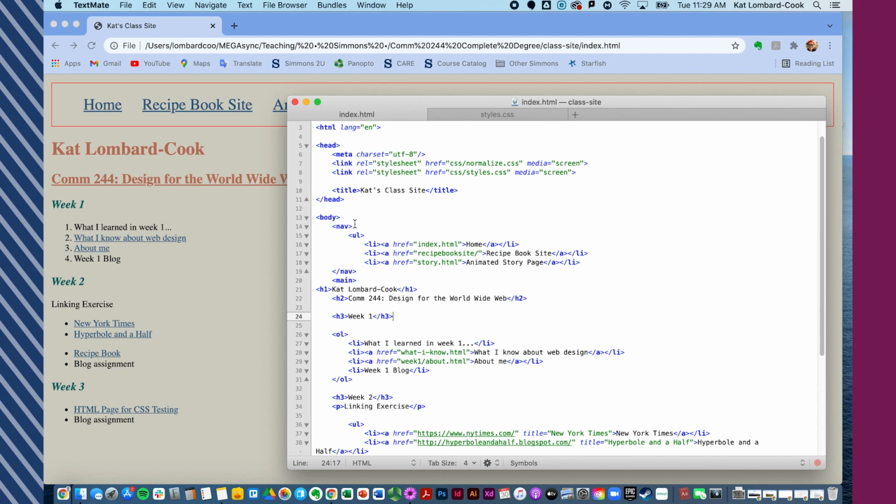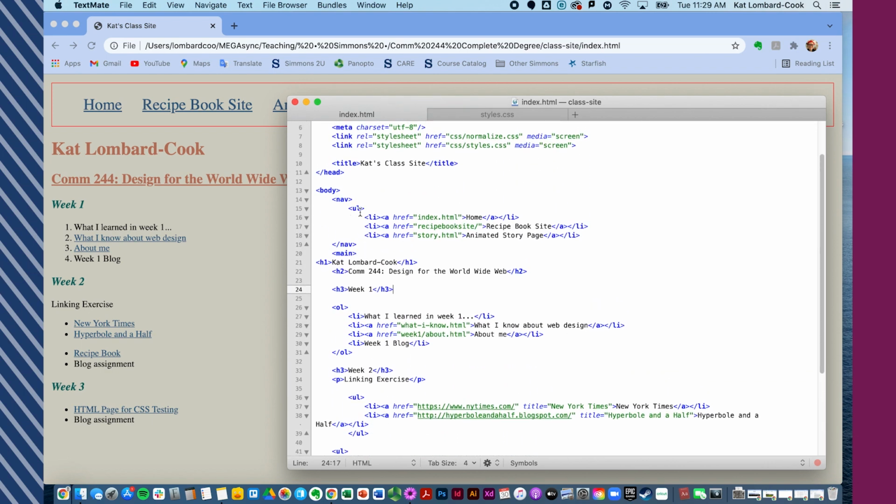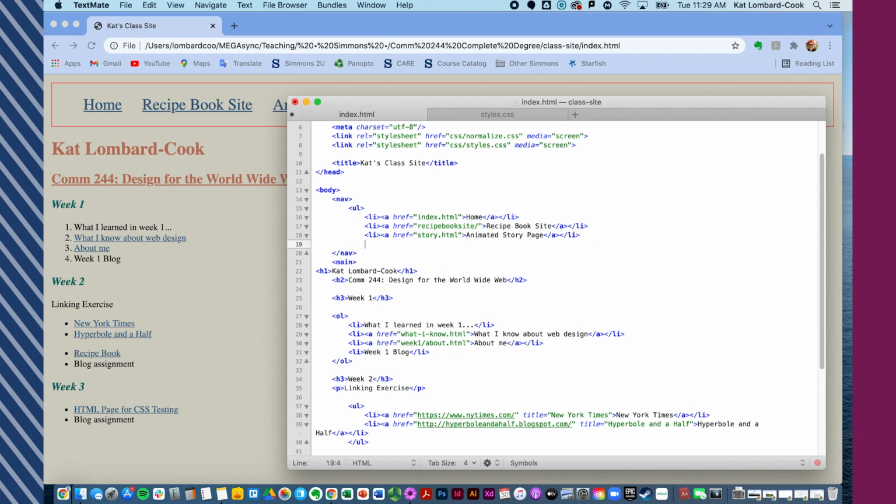And then in my body, I have semantically marked up my nav as separate from the main content here. Now, as you can see, my nav is an unordered list. HTML is forgiving. That has my index, my recipe book site, and the next site we're going to get to is the animated story page. And so for my demo, I do have the third thing, but